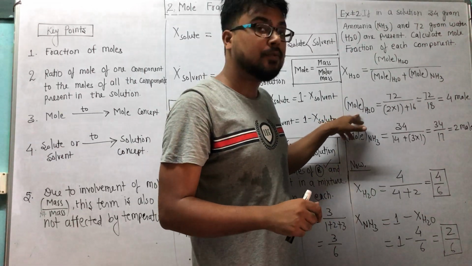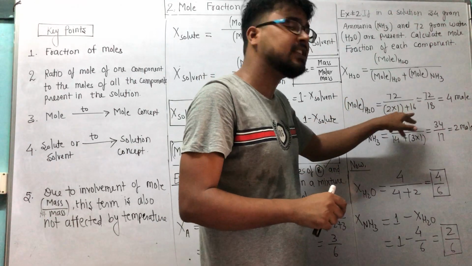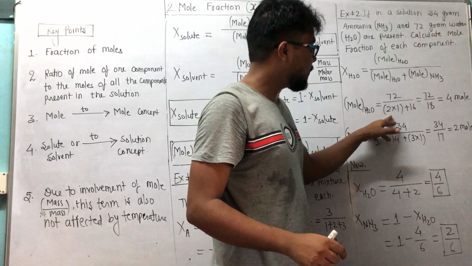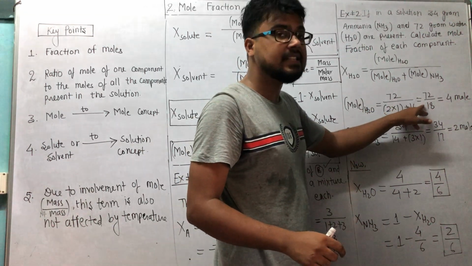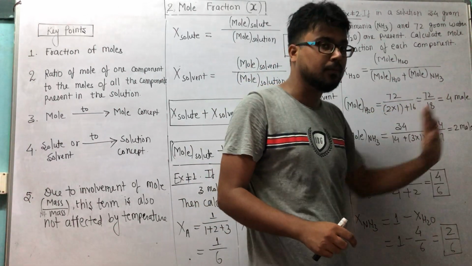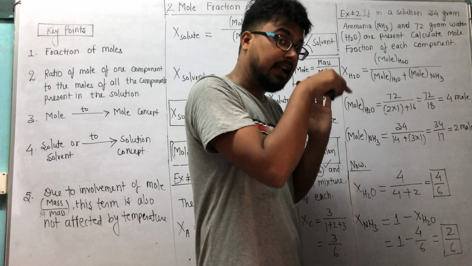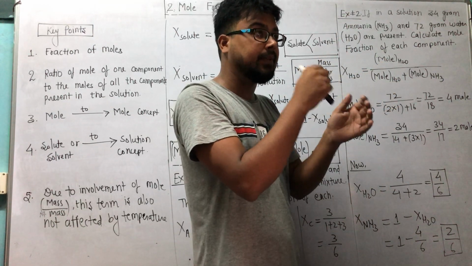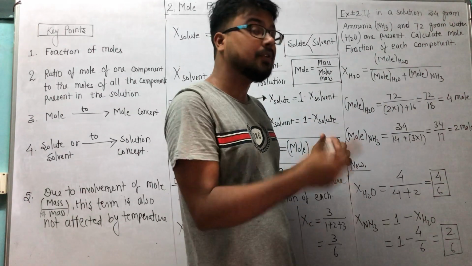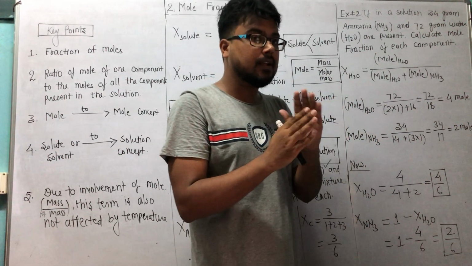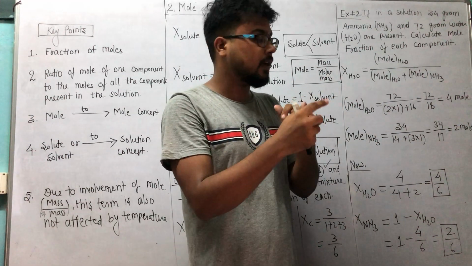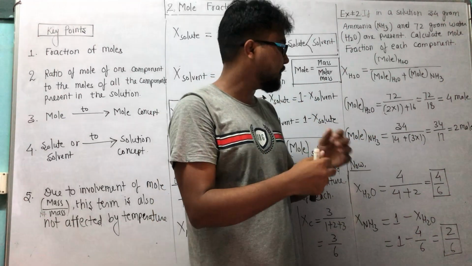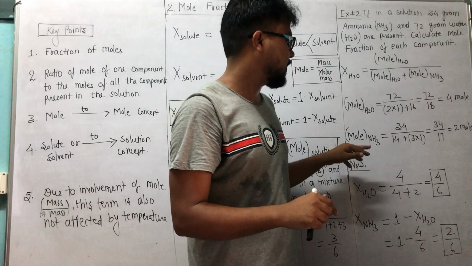So what is mole of H2O? Given mass of H2O divided by molar mass of H2O. For H it is 1, number of H atoms are 2, so 2 into 1 plus 16, answer is 18. So 72 by 18, it is 4 mole. We already studied this in previous lectures where we talked about the mole concept, correct? So you can watch and improve your concept from that video lecture, with some basic concepts of chemistry and the mole concept.